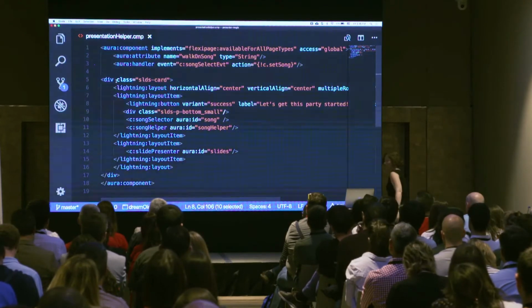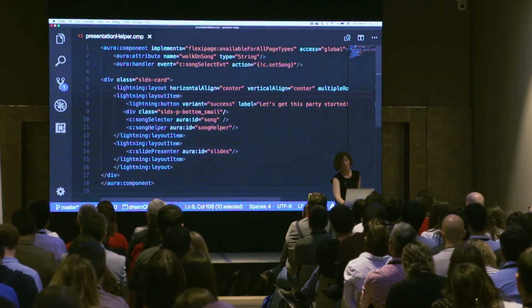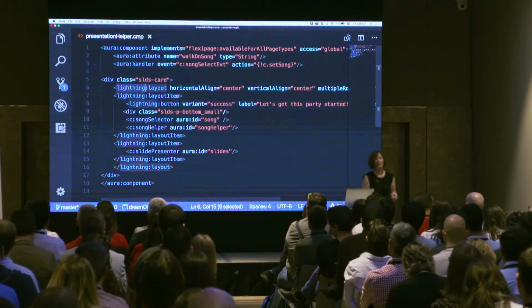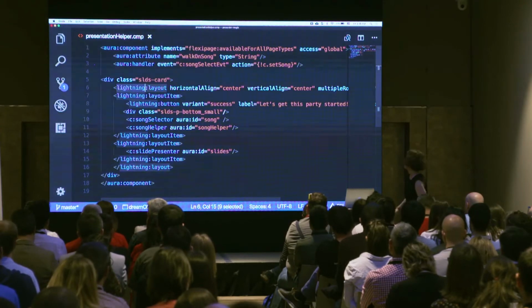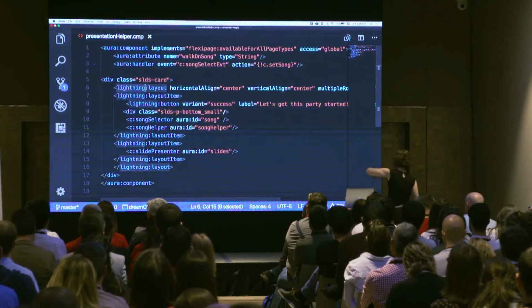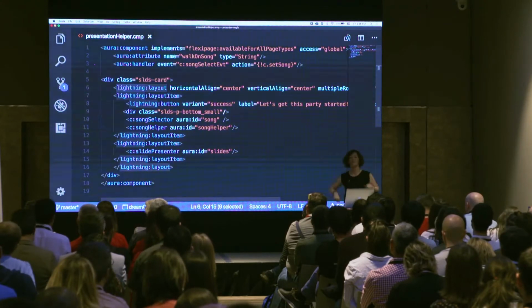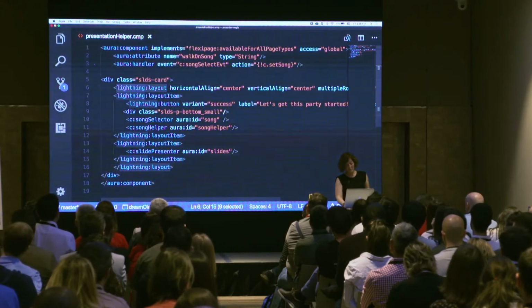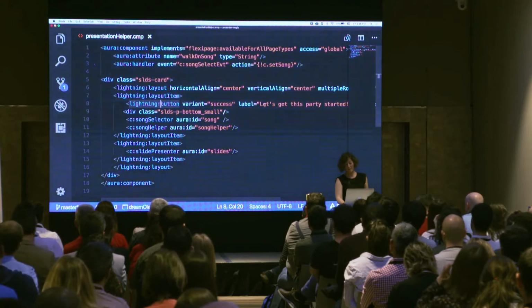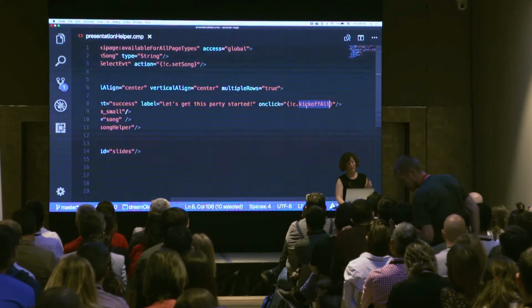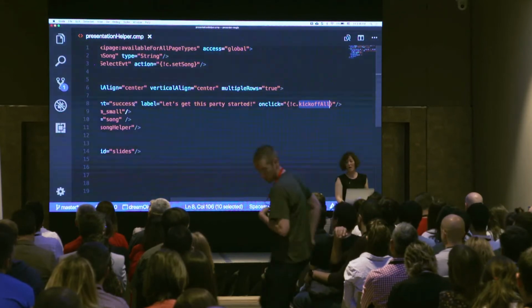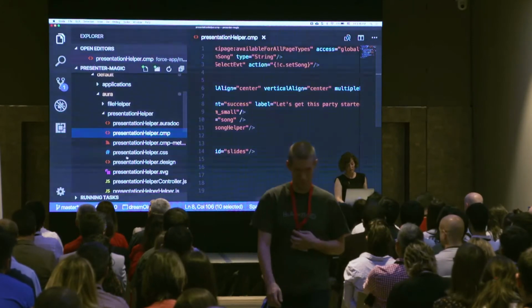And the reason I'm showing you this is because, first, I want to show you Lightning. And I want to show you that this component is pretty simple. It is literally just controlling the layout. I have a Lightning layout thing with 2 items. We saw that was 2 columns. And then I have a Lightning button that is that glorious green button that let us get the party started, right? And all it's doing is firing this one action, this kick off all action. And if we go look at that controller,